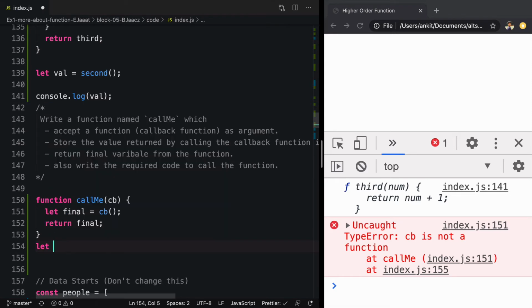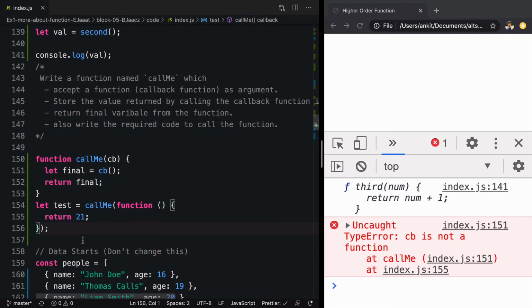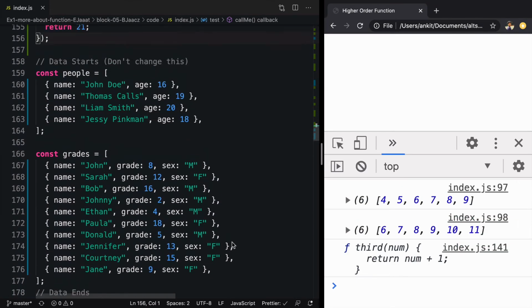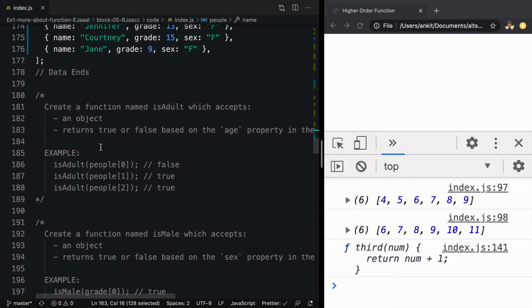So we'll say let test is equal to callMe. And here we have to pass a callback function. So we'll just define a function without a name which returns 21. It can be anything, but I'm just putting some random code here. Let's move on to the next one. So this is the data, and on this we have to work on it.